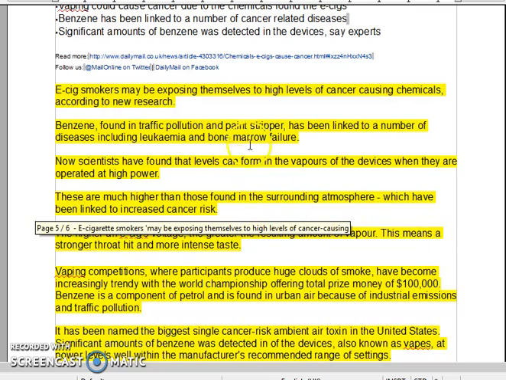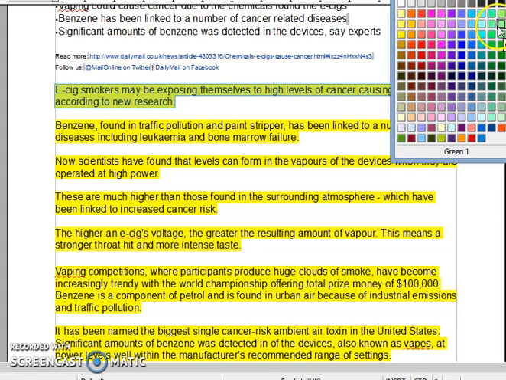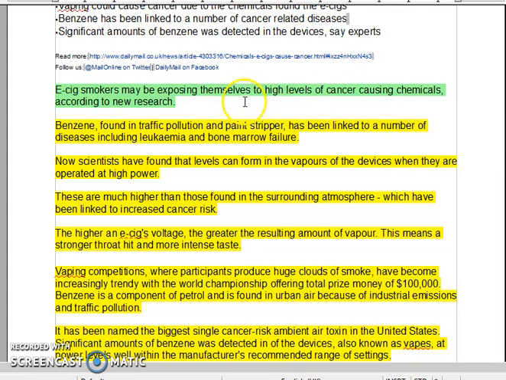So first off, we've got use of emotive language here. And I'm just going to highlight that in green so it's a little clearer for you. I mean, the words exposing themselves there and the word cancer there are quite emotive terms. They sort of conjure up this idea of someone exposing themselves to the elements, exposing themselves to danger. It's quite an emotive term.